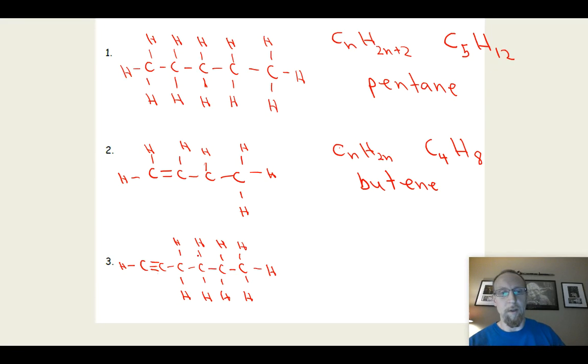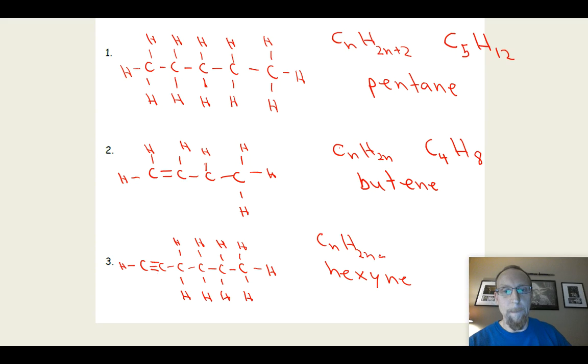All right, and the last one, we've got 1, 2, 3, 4, 5, 6. So that's hex. And it's got a triple bond. So we know it's an alkyne. So those end in ine. So this would be called hexine. Done. And then again, our general formula,